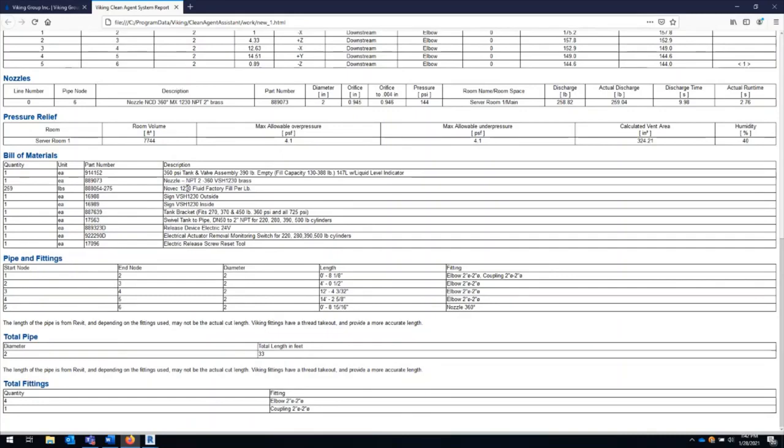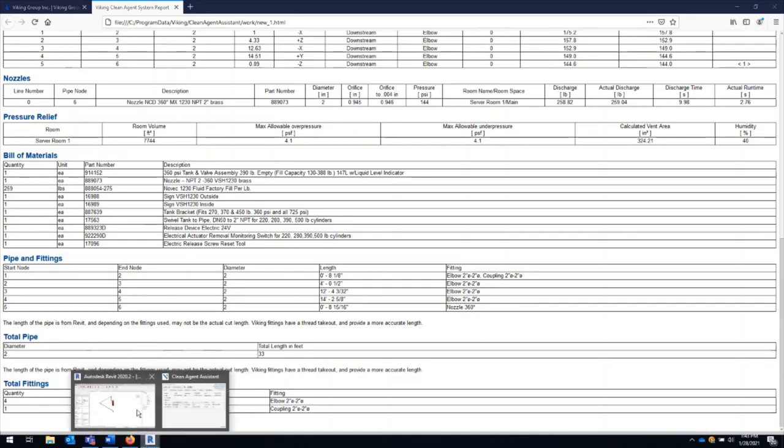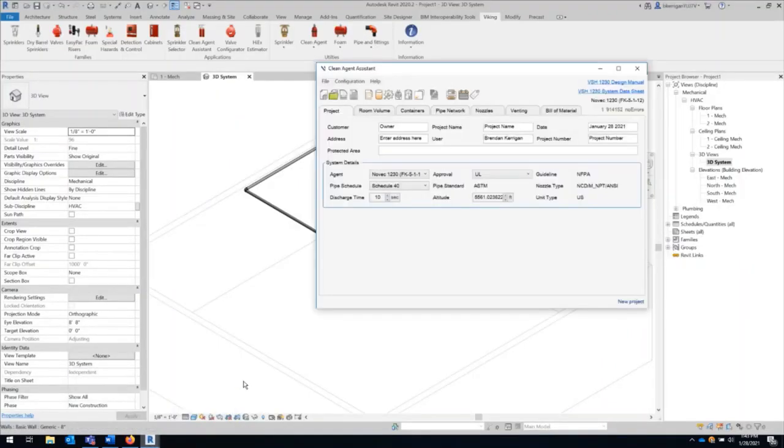This does not include the releasing or detection or control panels, but it does include the releasing device for the system itself. And then we have just some final information here. So a simplified spool with cut lengths and fittings associated with those segments. And then some parameters that might be interesting from an estimating perspective in terms of length of pipe and total fitting quantities. So if we go back into Revit here, we'll see that the Clean Agent Assistant has gone back